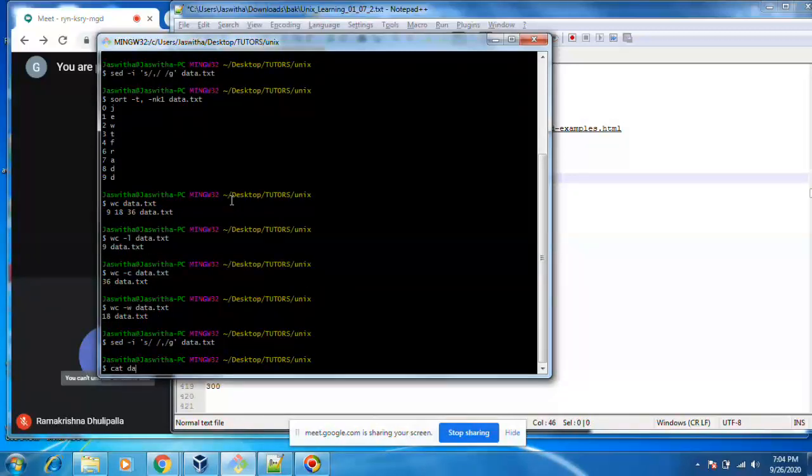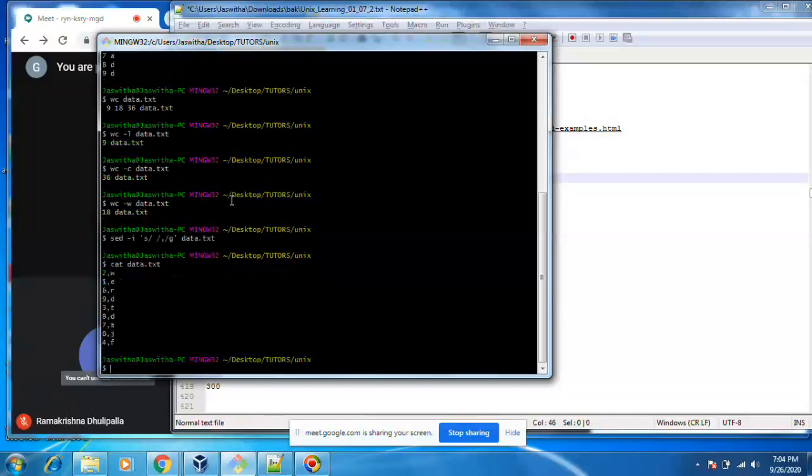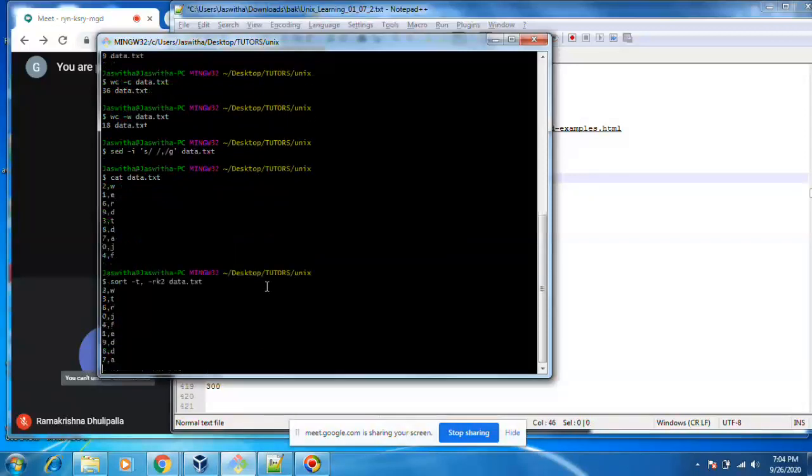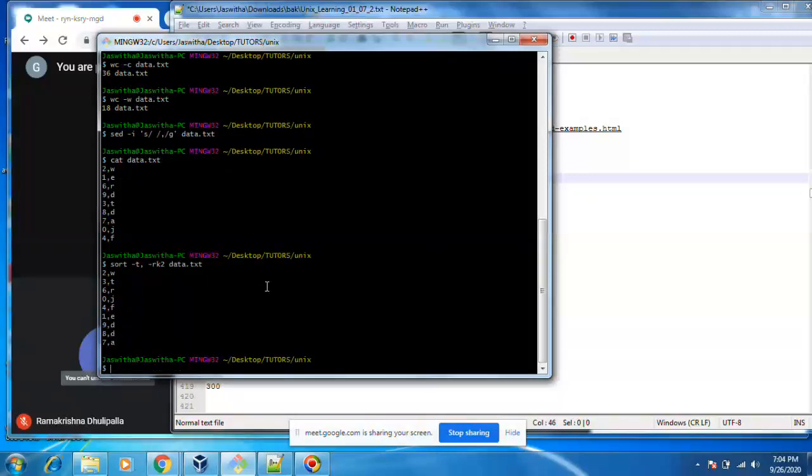Cat data.txt. Okay. I want to display second column with sorting order. This is a sorting order. ADD. Okay.